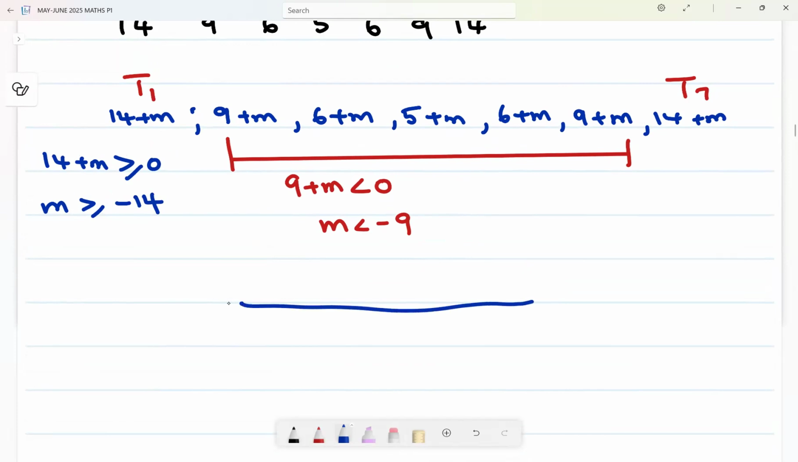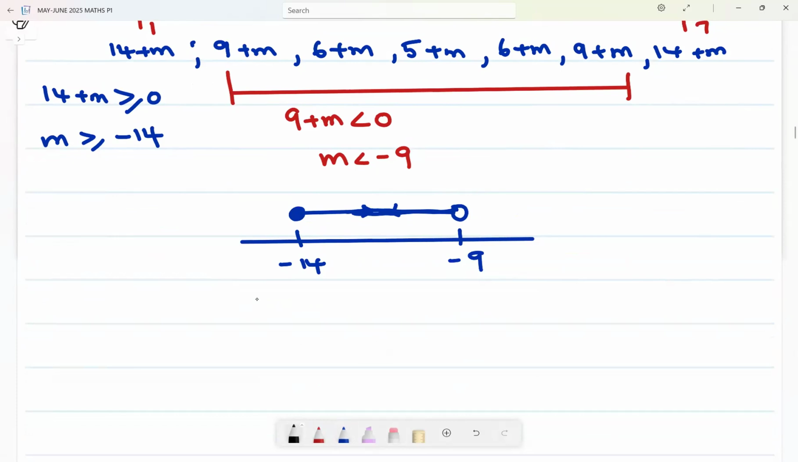So, okay, negative 14, negative 9. What are we saying? We are saying this value, m should be greater than or equal to negative 14. Greater or equal, so it's going to that side. But m should be less than negative 9, so it's going to that side, but it's not included. Can you see? Can you see that, guys? So it should be between these two values. So the final answer will therefore be